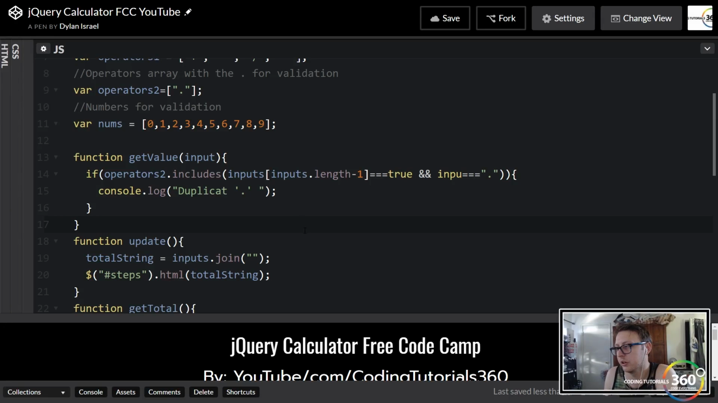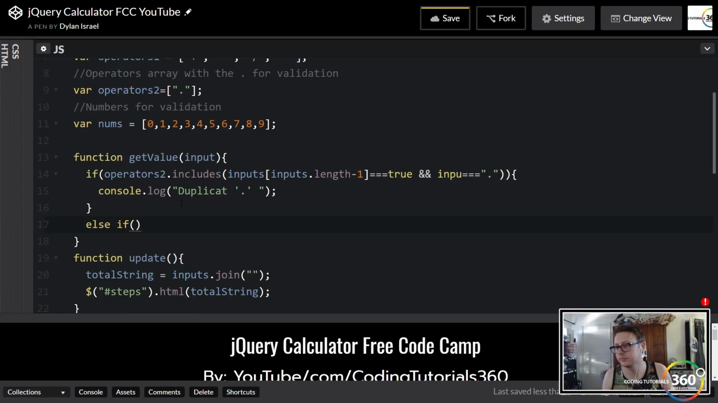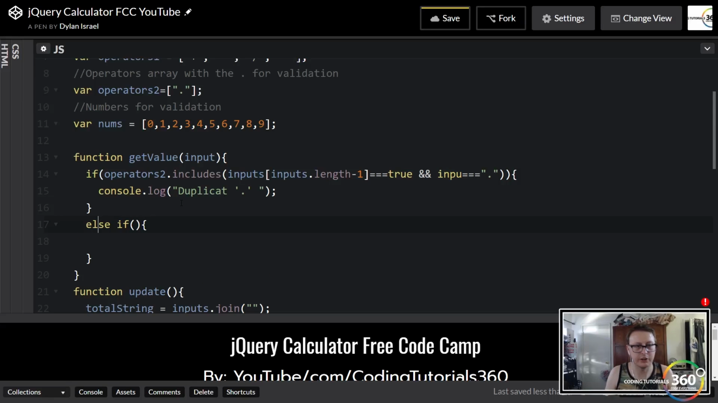Now the next thing that we want to do is put validation in to make sure that we don't start with an operator, meaning we don't want it to be +5 or ×2 when there's not a number in front of it. So we want it to start with a dot or start with a number. So we can do an else if statement here that checks. Now in our else if statement, we're going to say, if the very first number, so if inputs.length is exactly equal to 1, which it should be because we're starting with a